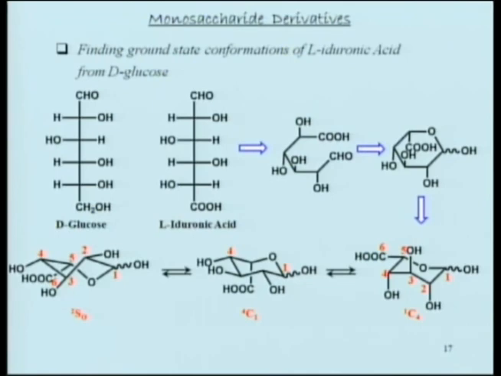That is the reason it adopts the 2SO conformation. And in the 2SO skew-boat conformation, we don't truly have an axial or an equatorial bond. These are called pseudo-axial and pseudo-equatorial bonds, and that lessens the strain. So the dominant conformations of L-iduronic acid turn out to be 2SO and 1C4. There is a small proportion of 4C1, and there is a small proportion of OS2 also present. So L-iduronic acid is actually a mixture of conformations, with very small proportions of others. The dominant ones are 1C4 and 2SO.